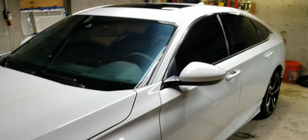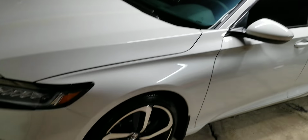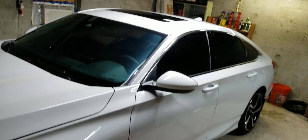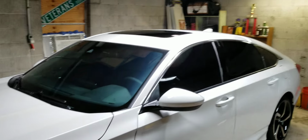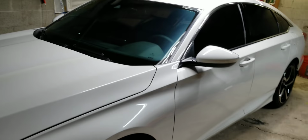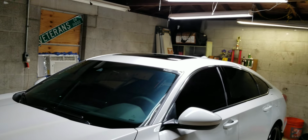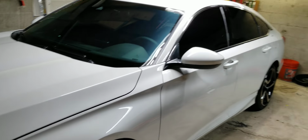But anyway, there it is. 2019 Honda Accord Sport 2.0 Turbo 10-speed auto with ceramic tint. Highly recommend spending the extra money to get that done when you do get tint. You won't be disappointed. You stay nice and cool and secluded in your vehicle, and